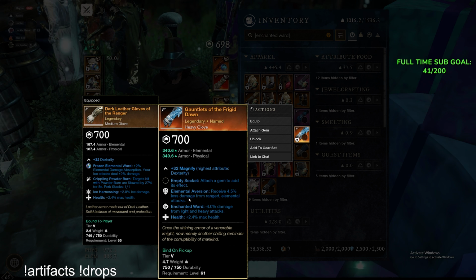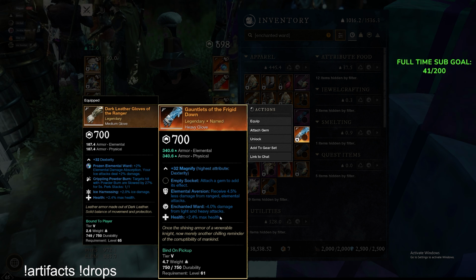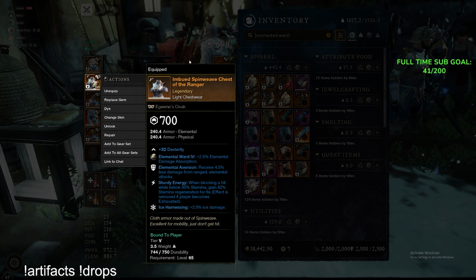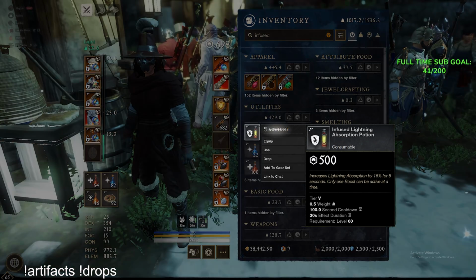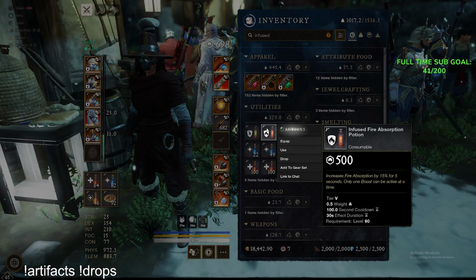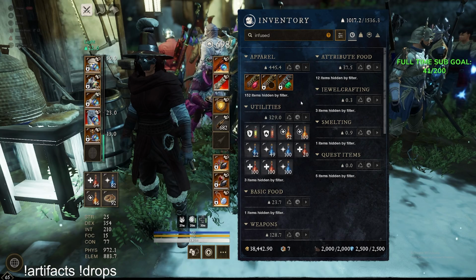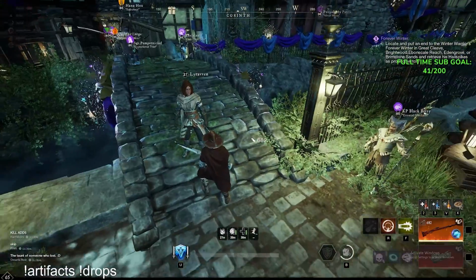Simply put, elemental aversion is known as base damage and slash conditioning is known as absorption. Base damage and absorption work completely different from each other in this game. Slash conditioning is also known as old fortify, which is essentially the highest damage mitigation fortify in this game. All of the gems in this game, such as opal, onyx, including any of the conditioning perks, as well as the infused lightning absorption potions and the infused fire absorption potions, these are the best form of damage mitigation in this game. We want to avoid having any base damage reduction perks on our armor, with the exception to enchanted